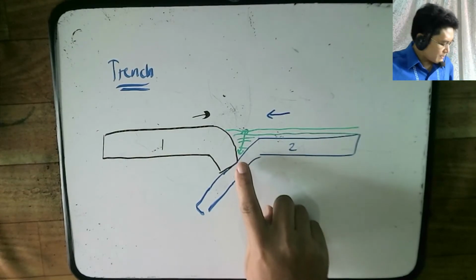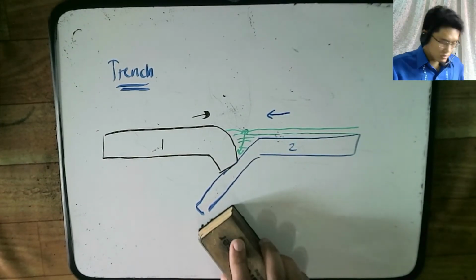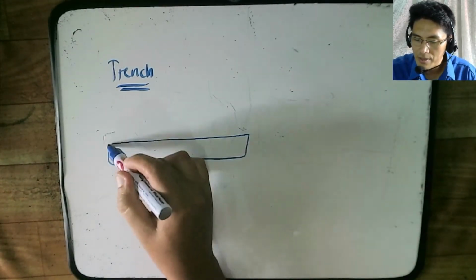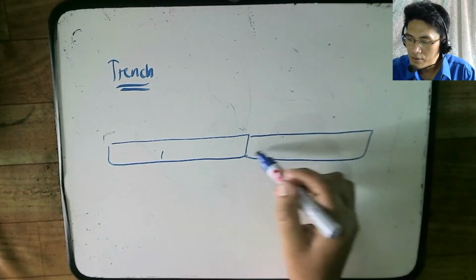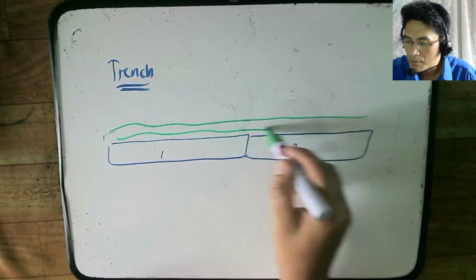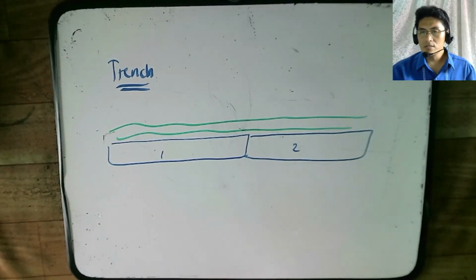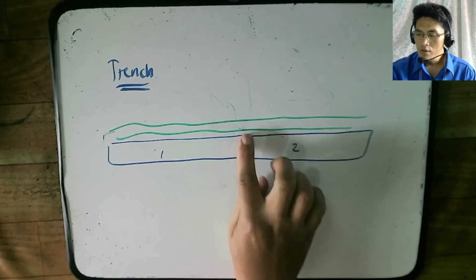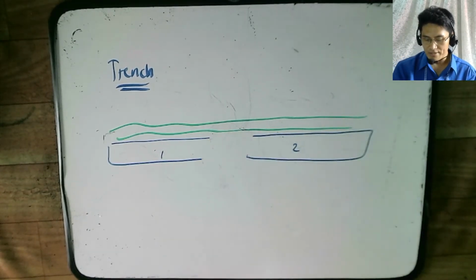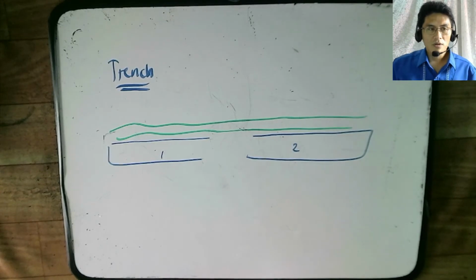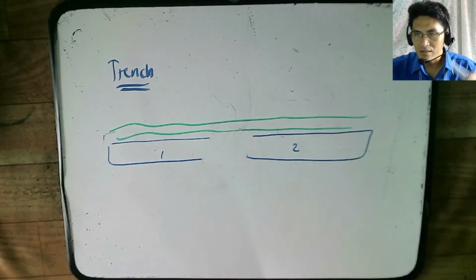And that also happens even when you have two oceanic plates. So if you have two oceanic plates, so maybe this is oceanic plate number one, and this is oceanic plate number two, and therefore, again, both of them are underwater. So this is the water part. So one of them will always be older than the other, right? So if, let's say, plate number one is older than plate number two, then because it's older, it is more dense, right? Because it has more time to cool off. It has been under the pressure of the water for more time than the other one, so it is compressed,